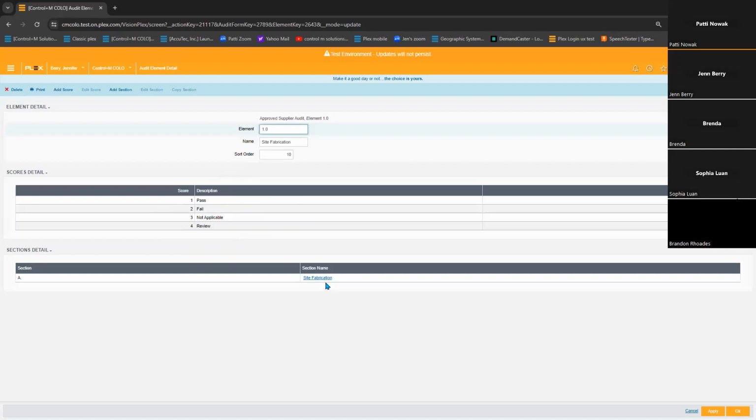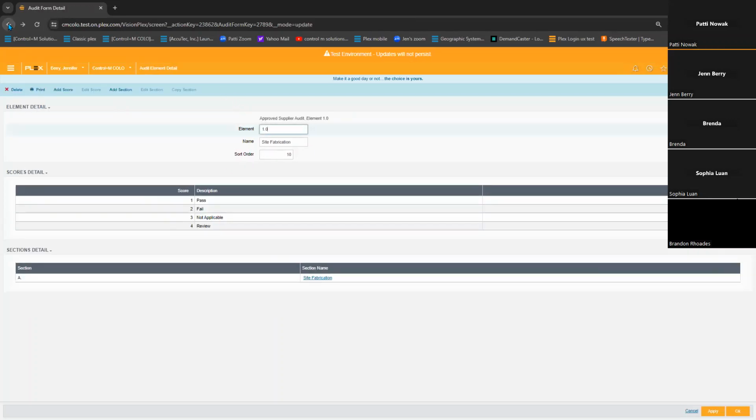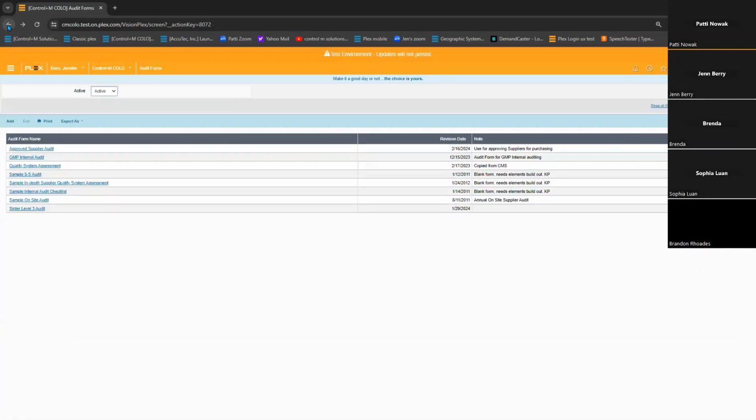Now, when I drill into my section, this is where we can see the questions that are assigned to that section. Here are all of my questions that are assigned to my element 1 and my section A. Okay, so each element will have sections and each section will have questions. And that's the 3 levels of our audit. So if we go back, we can use this template